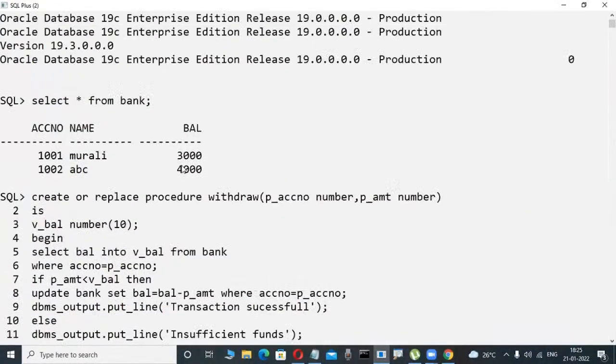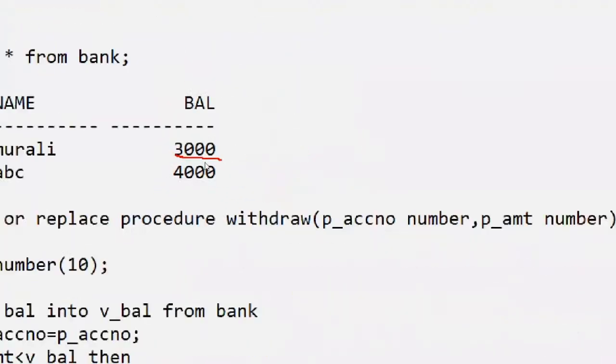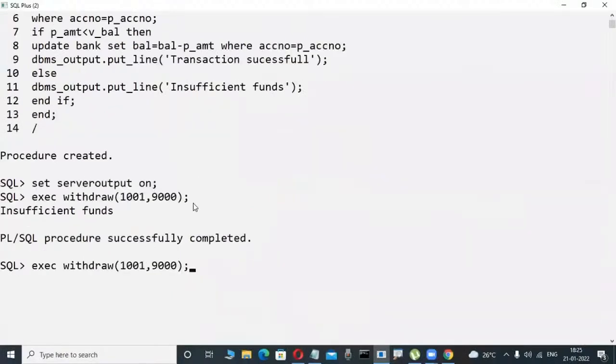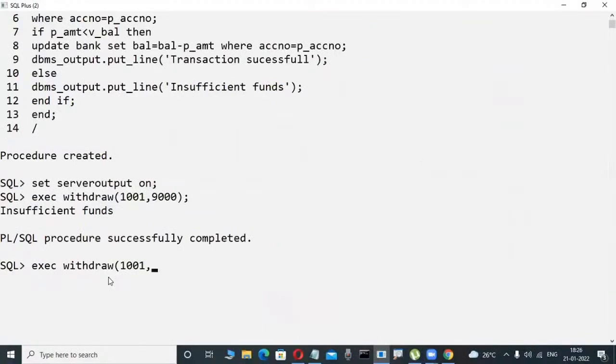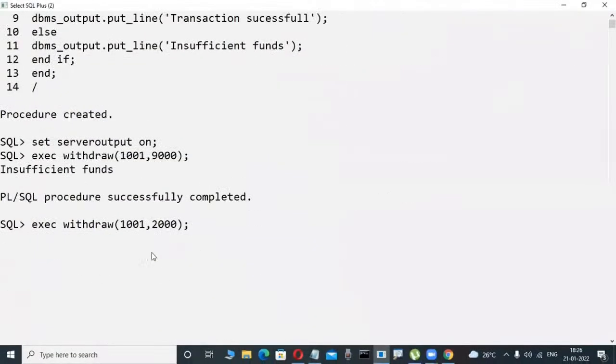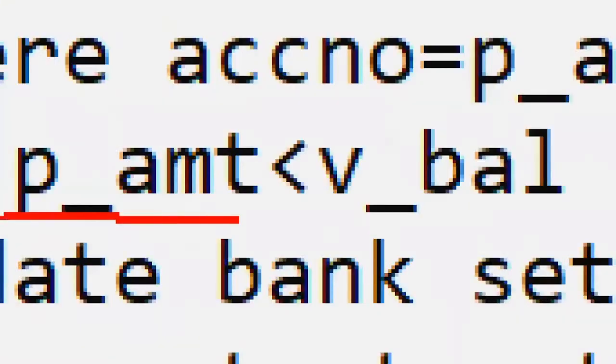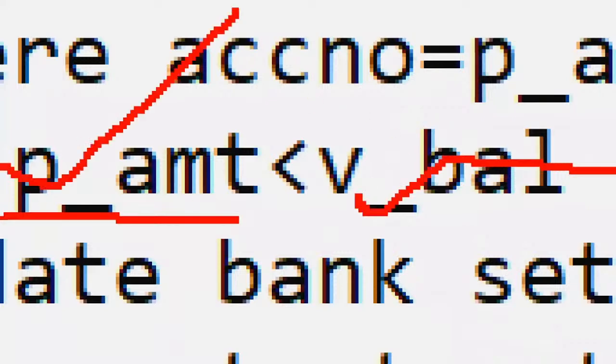For example, in this case my balance is 3,000. Now I try to withdraw 2,000 rupees, for example. And now here, check it out. Observe it here. Now 1001 is my account number. I try to execute withdraw again. So now here, procedure, I try to withdraw 2,000 rupees. Possible? Possible. Why? Because my balance is 3,000, but I try to withdraw only 2,000. So now whenever your passed amount, 2,000, is less than the available balance, in this case 3,000,